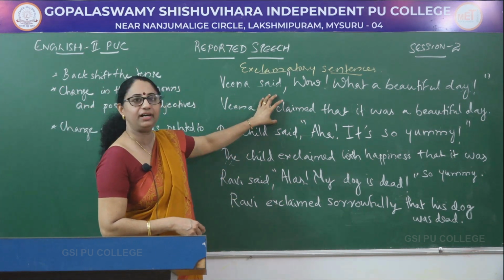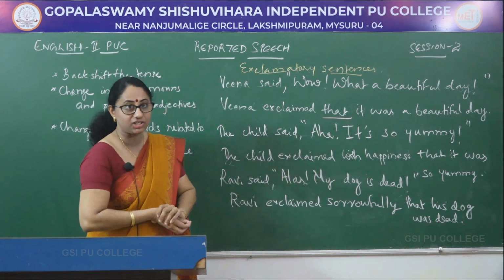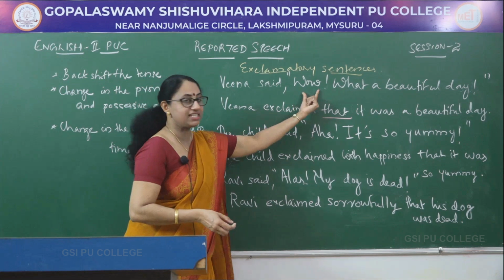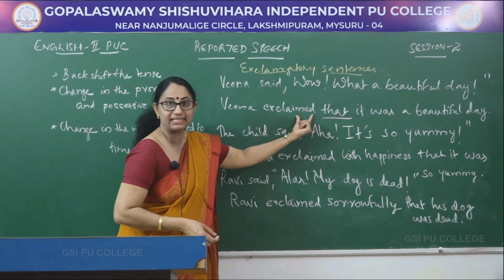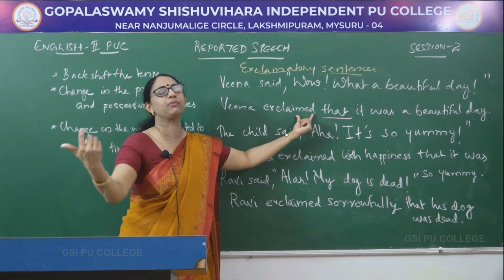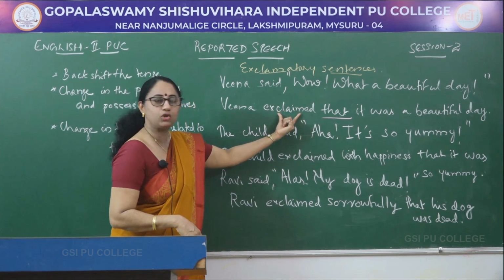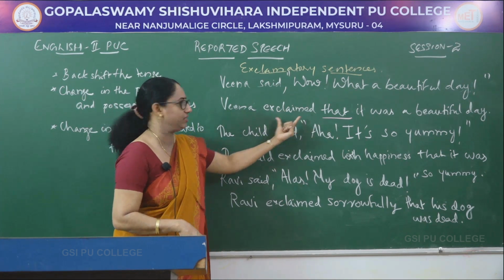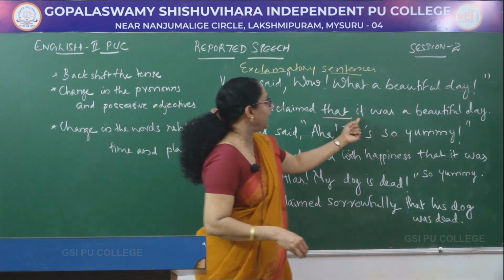So we consider this as a sentence and we use the linker that. So this word tells us that it is an exclamation. So we don't use wow there, just as we have removed please in the case of imperative sentences. So we just replace it with the term exclaimed. Veena exclaimed that it was a